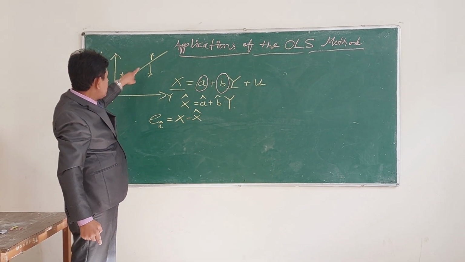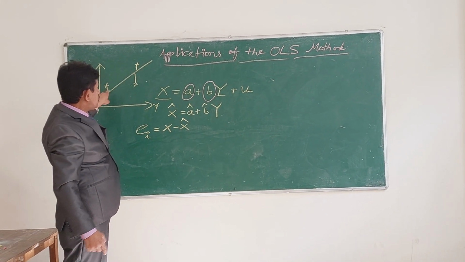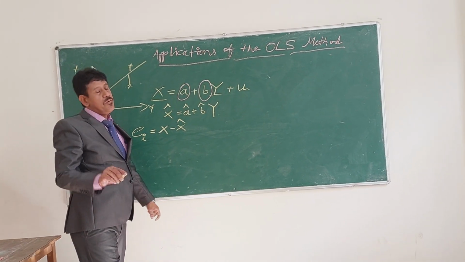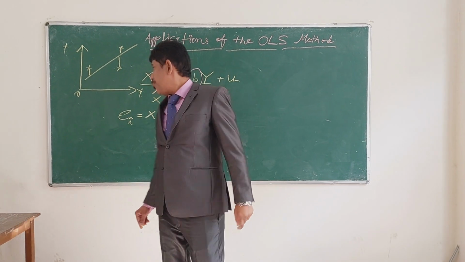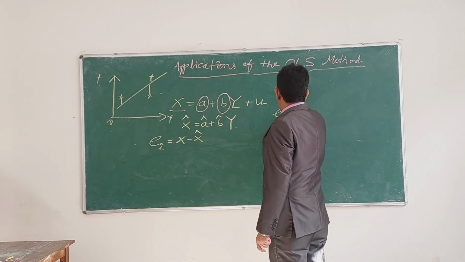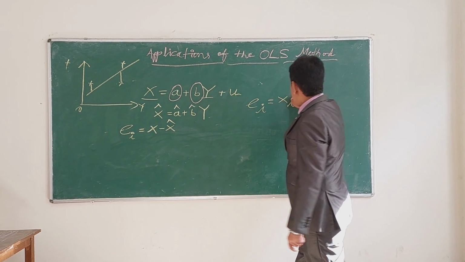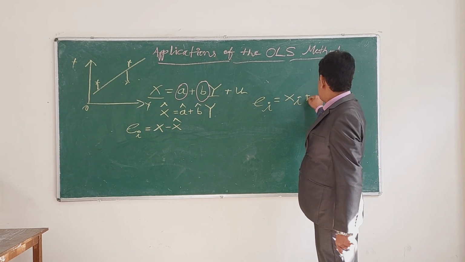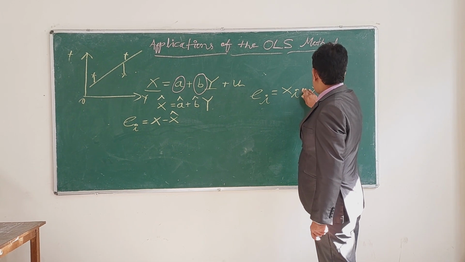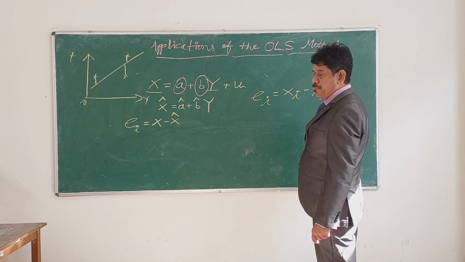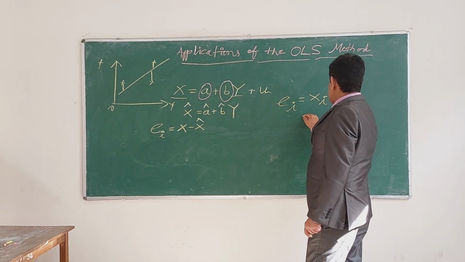This is one value, this is another value, this is positive, this is negative, like this. So what is EI? EI is x. You can write I here and x minus x cap, or it is equal to